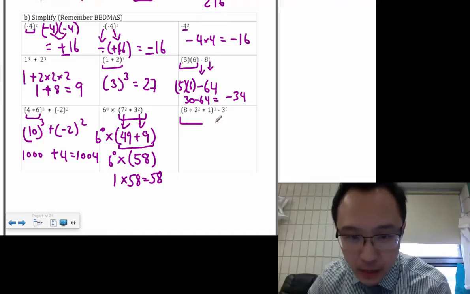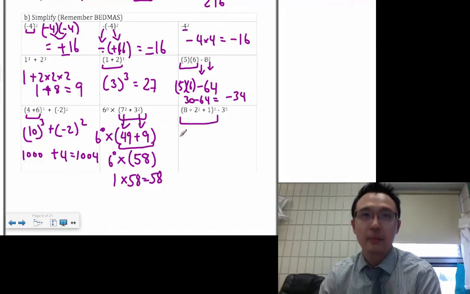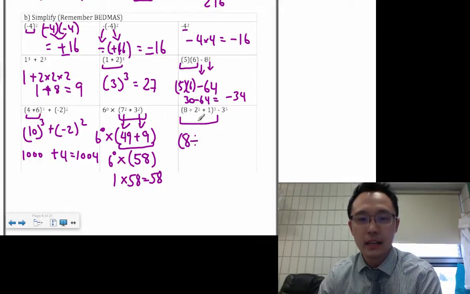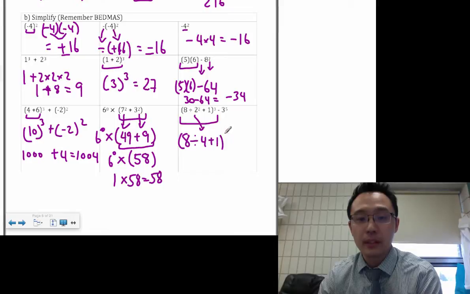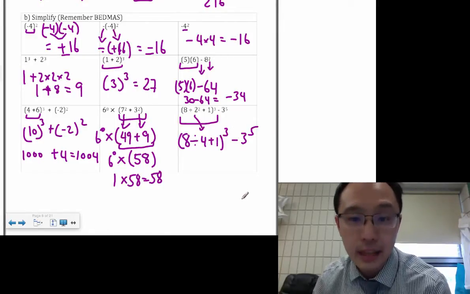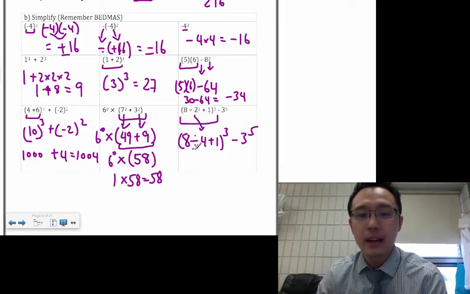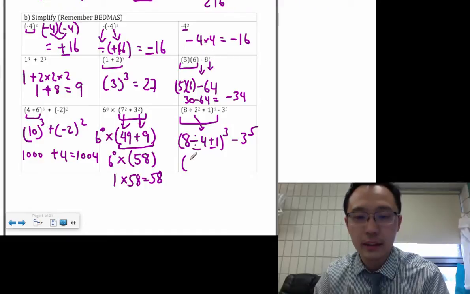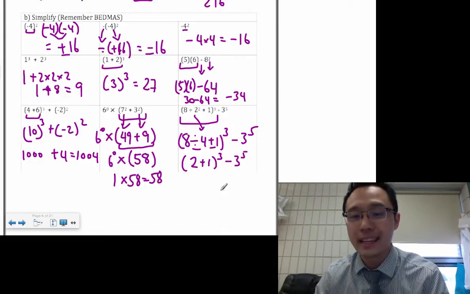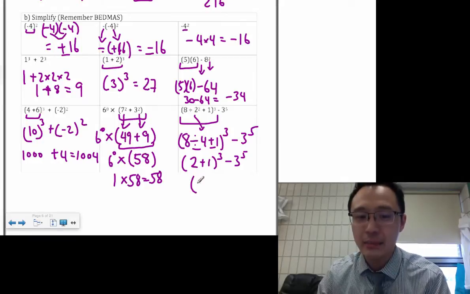Okay, this one, brackets first. Lots of things happening in the brackets. So I'm going to write out my brackets. 8 divided by... Exponents, I can do this one first. So this is going to be 4 plus 1. And I'm going to write out all the excess stuff, every step of the way. Inside the brackets, I have division and adding. We do division. So 8 divided by 4 is 2 plus 1, 3. Notice it gets easier and easier. Inside the brackets,